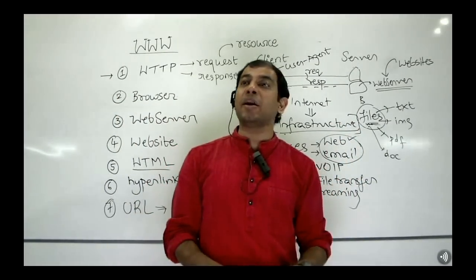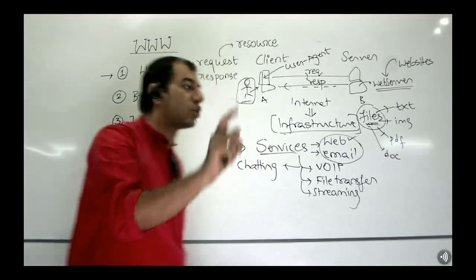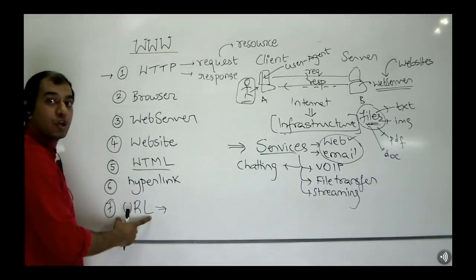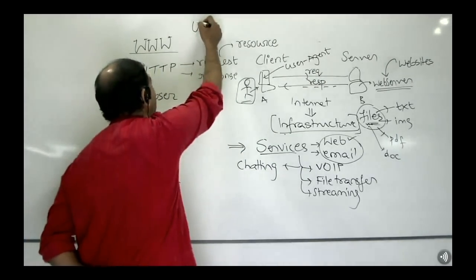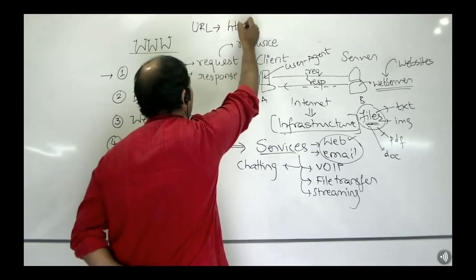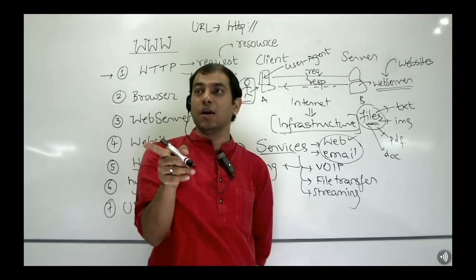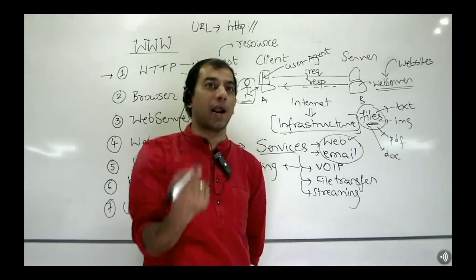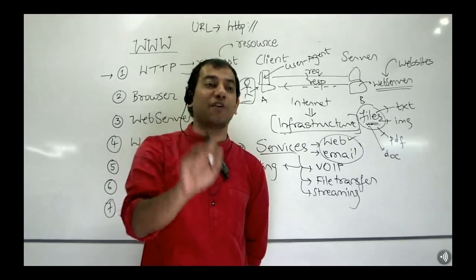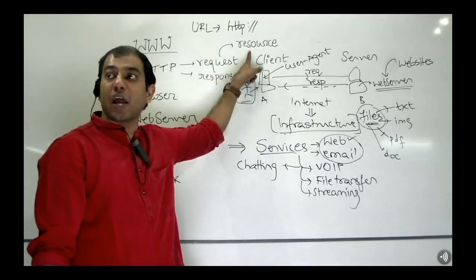So what became a need is to uniquely identify every resource, for which what was invented was the concept of URLs. Tell me the structure of a URL. A URL starts with what? The protocol that we are going to use. All right. And please note, we are talking about HTTP URL. Recently we talked about JDBC URL. That was a unique way to identify a database, isn't it? An HTTP URL is a unique way to identify a resource.